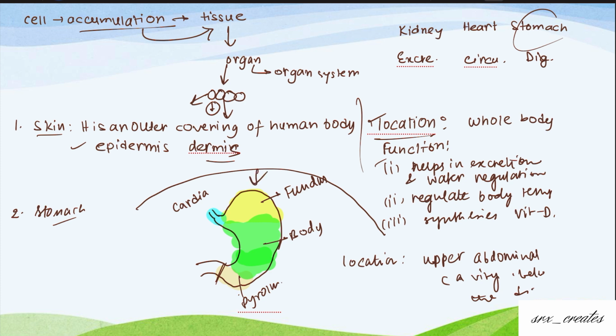Now upper abdominal cavity means we have two abdomens. What's that abdomen portion? If you have learned about good touch and bad touch, I think this portion is clear. Upper abdomen and lower abdomen. The portion where we wear undergarments, that specific portion is where the lower abdomen starts from.